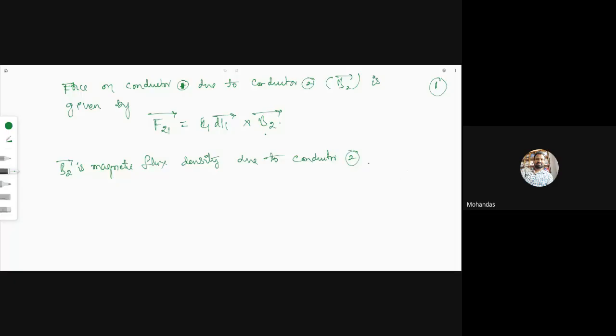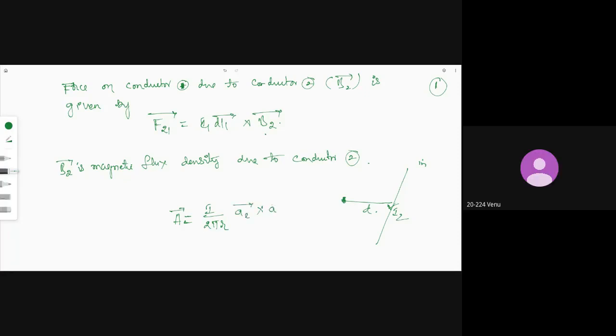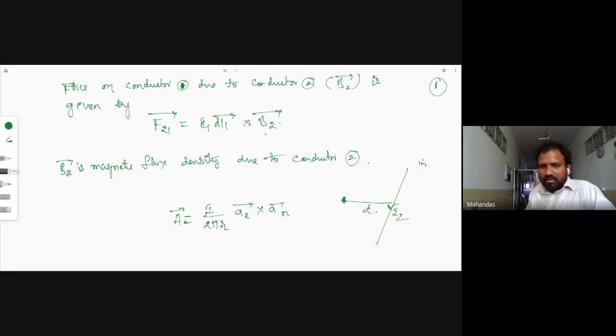According to Biot-Savart's law, we have derived the formula for an infinite conductor which carries a current I in positive z direction. Can you remember that formula? Magnetic field intensity H equal to I by 2 pi r. Instead of A phi, what I have written is AL cross AN, or A perpendicular. So like this I have written. Now apply this